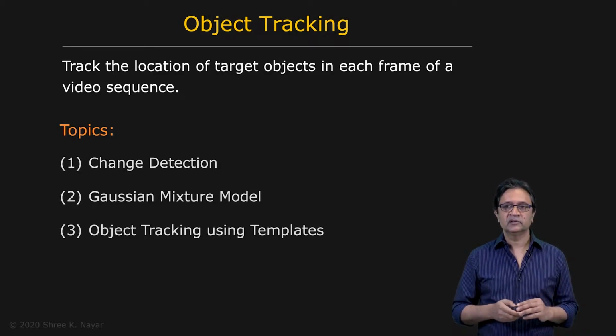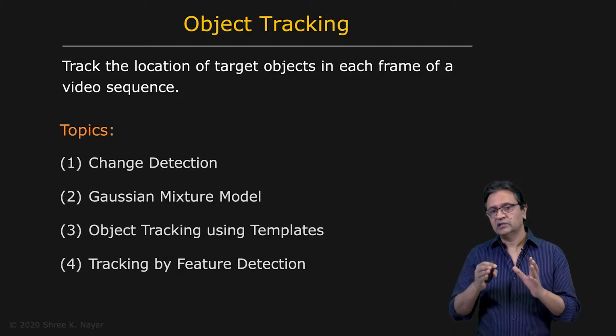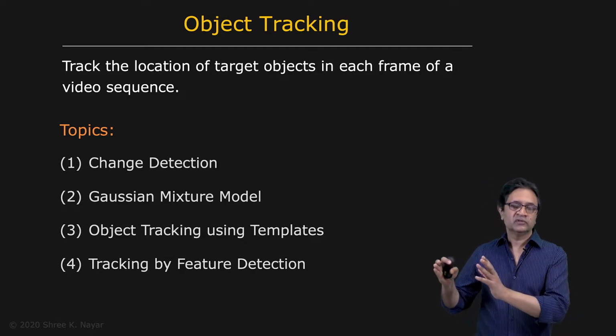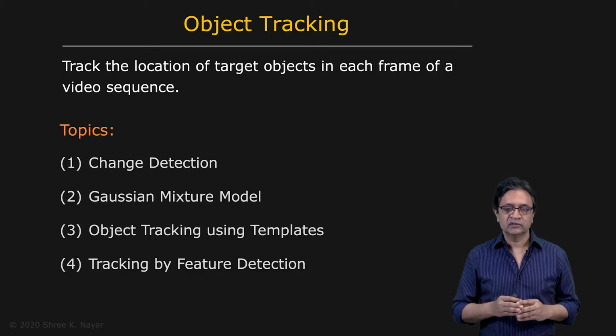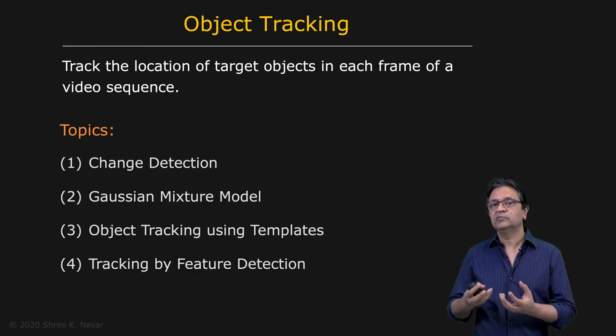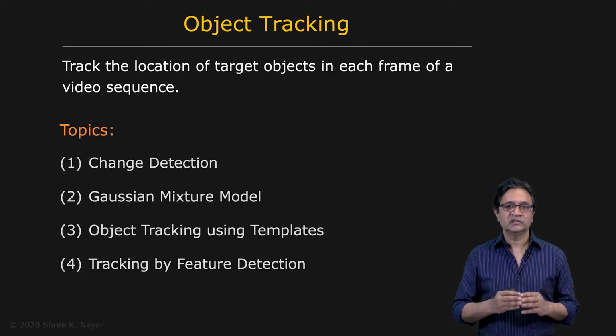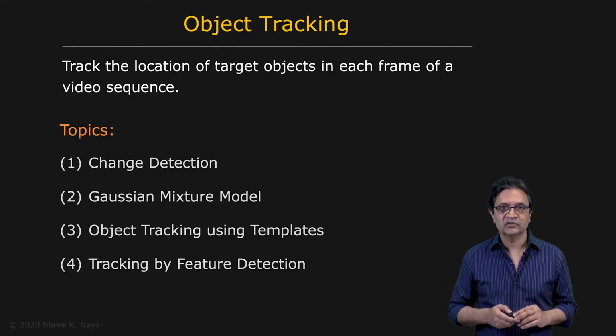And then we'll develop an algorithm, which is a very powerful one, that looks at the tracking problem as a problem of first detecting features and then ensuring that those features appear in the object window as the object window translates over space and time in the video sequence. So this is more a local method where local features are extracted, say for instance using SIFT, and then we're looking at the population of these features and where they end up appearing as time progresses in the video sequence. And finally, we'll take a look at a few applications of the tracking problem.